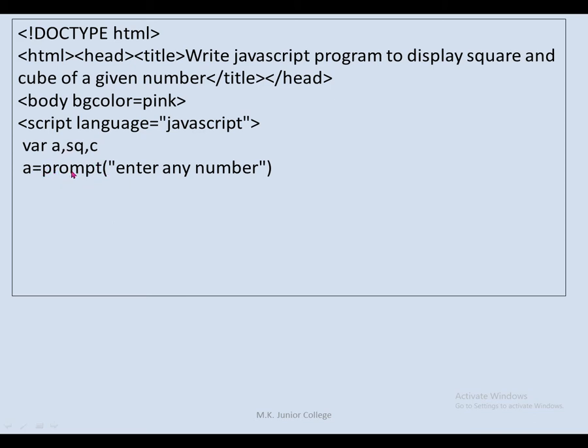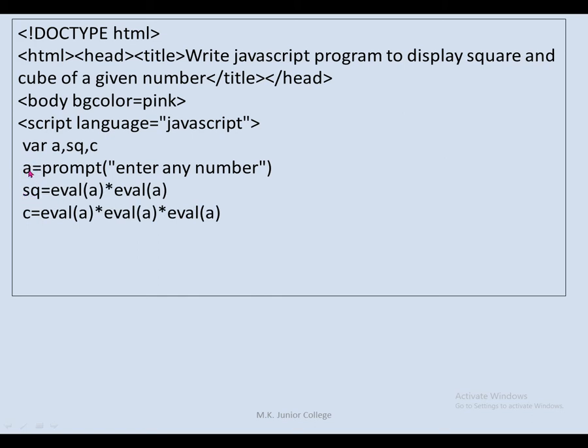When the question comes with event-driven, then you have to give a combination of two things. First of all, you have to create a form. You will display a text box and ask the user to please enter a number in that text box, and then you will use a button. In that button, you have to add the complete calculations of how to calculate the square and cube of that number. First of all we'll see the simple questions. Here you are asking to please enter any number. Then look at this.